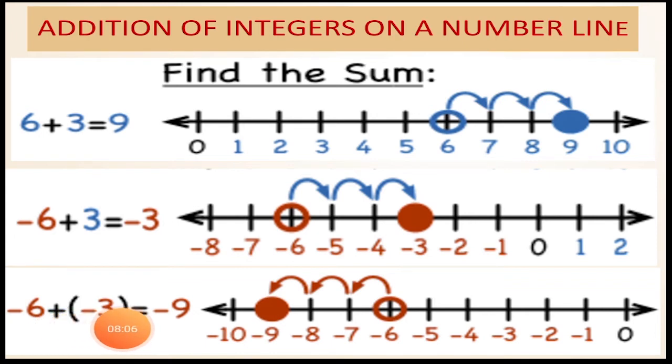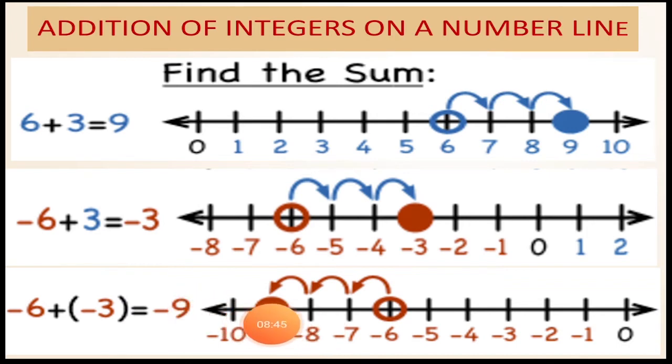Now see the next example, where we are going to represent the addition of two negative integers. Just now we discussed when we have any two negative integers, that is minus 6 and minus 3, and they have to be added. What we do, children, is that regardless of their sign, we add these two numbers 6 and 3. So we get 9 here, and after doing so, we give the sign of the bigger integer in front of the sum we obtained. Here the sum was 9, the bigger number was 6, and in front of 6 we have a minus sign, so the sum will also have a minus sign with it.